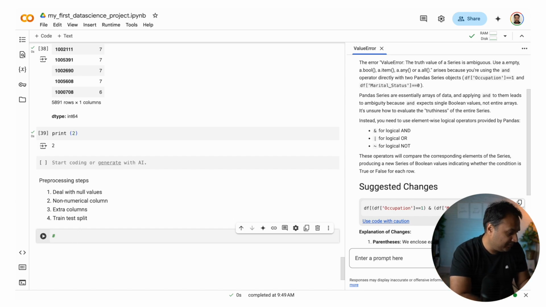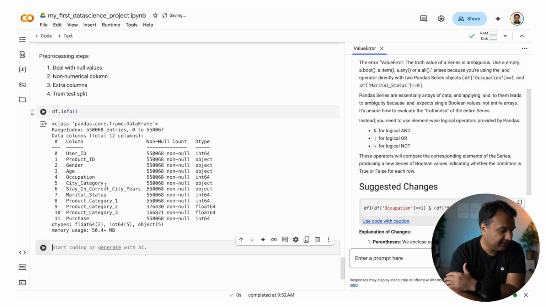So let's begin with the first one. We want to make sure that there are no null values. And if there are null values, we somehow fill them. So let's do, if you remember, df.info. Once we do that, it will give us a non-null count.